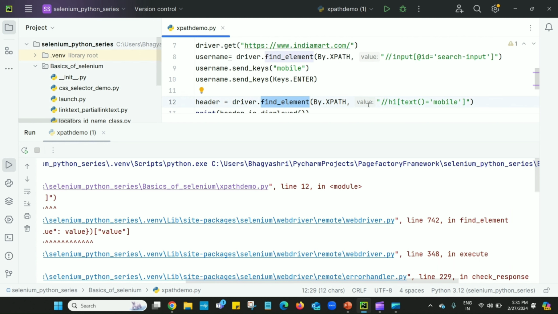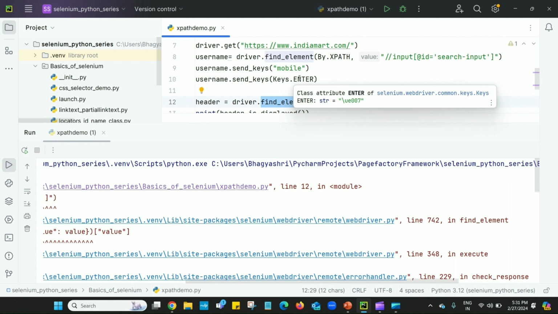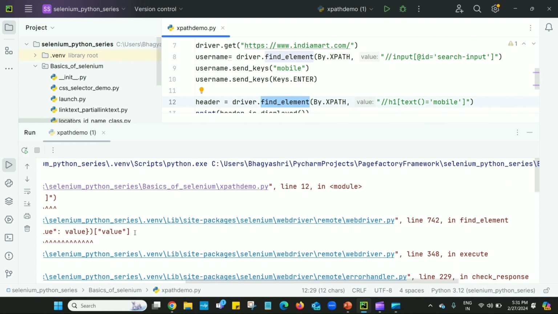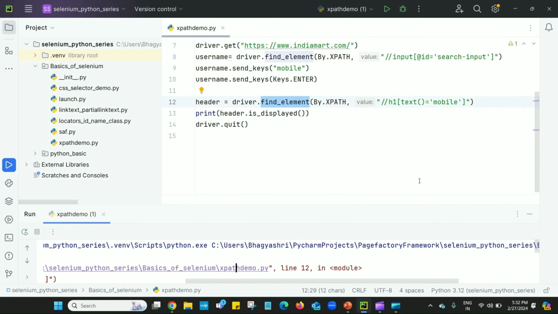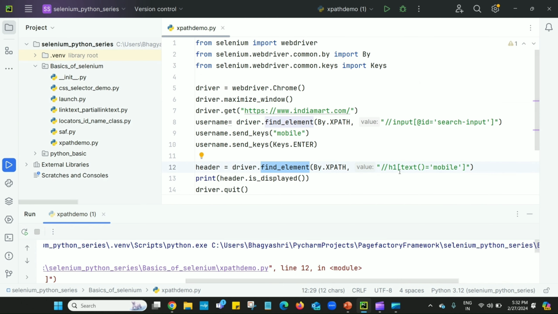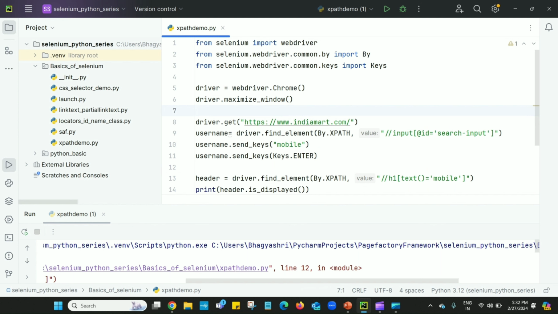After entering the search and pressing the enter key, it is throwing no such element exception because it does not wait here. By default, implicit wait time is 0. To avoid this, we have to give implicit wait, meaning it will wait for some time before throwing this no such element exception.